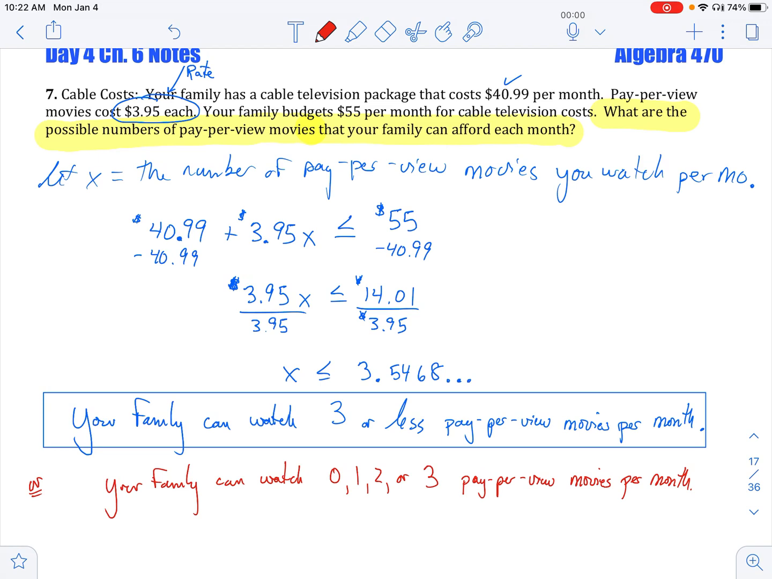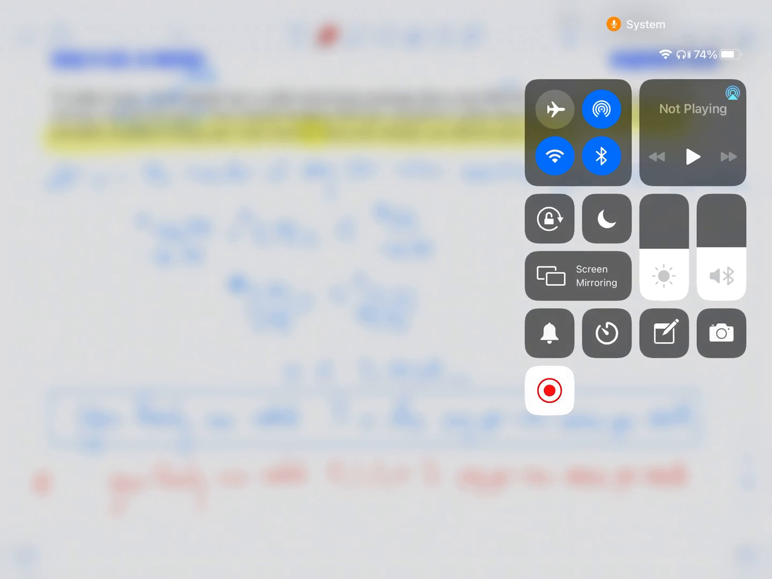And again, the idea here is that 3 is that limiting point. Because the moment we would watch 4 movies in that month, we'd be over budget, which would mean that something else would have to be cut out of our budget, so that we are aware of that. And again, this here is a wrap on the